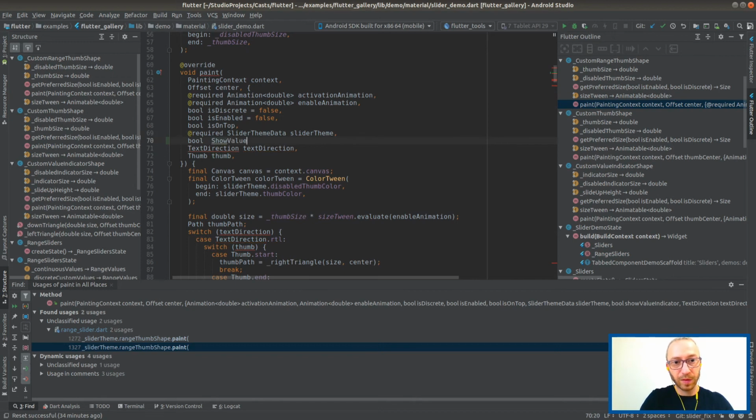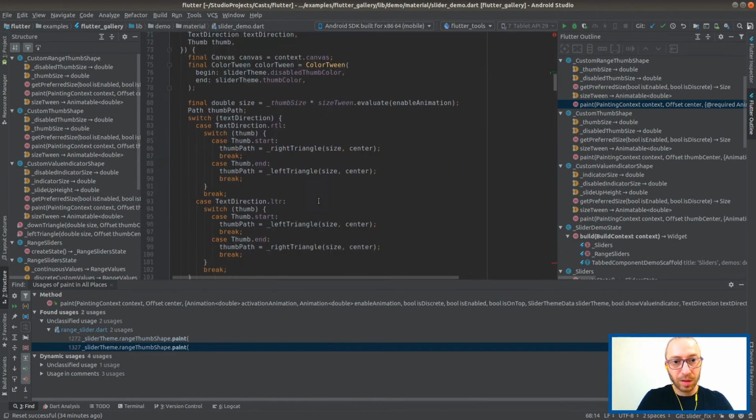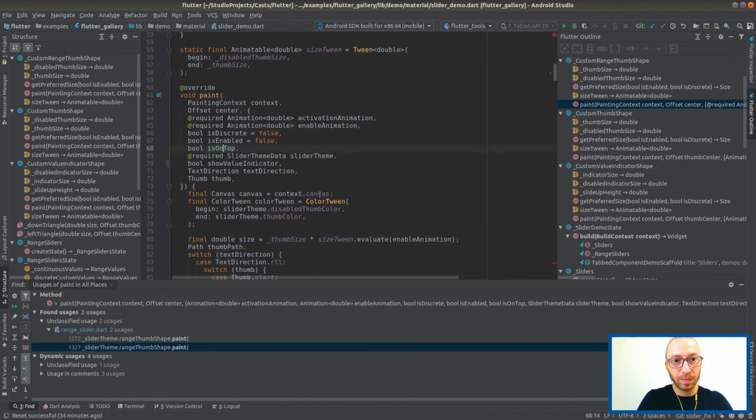Show value indicator. This extra space, and well, it's not used, but there are other properties over here, so I won't be the first one that is not used. I think it's fine.